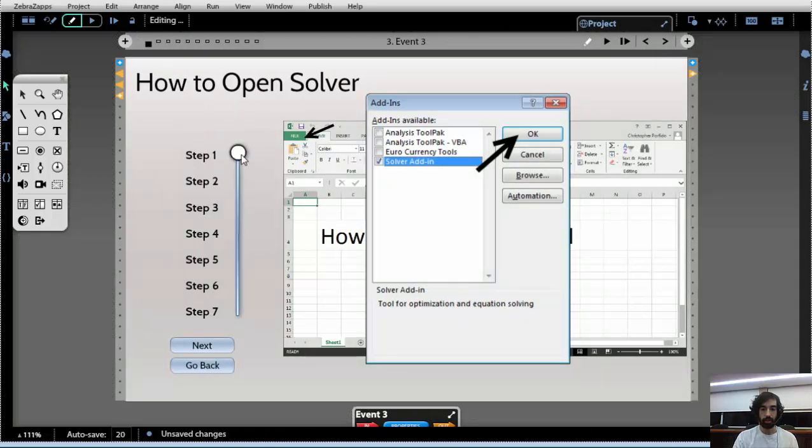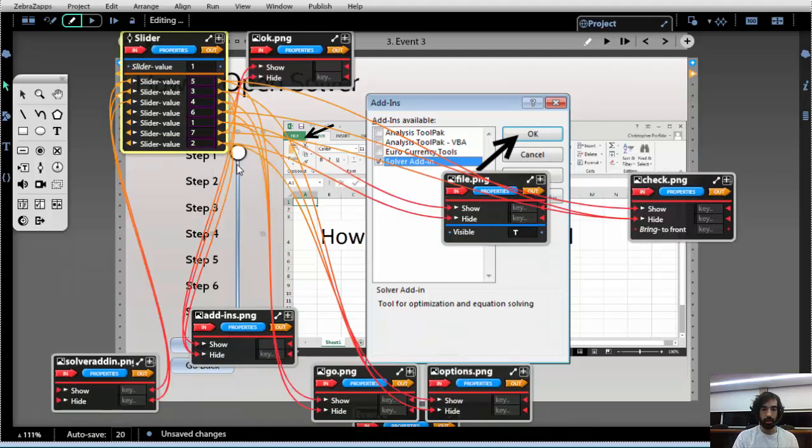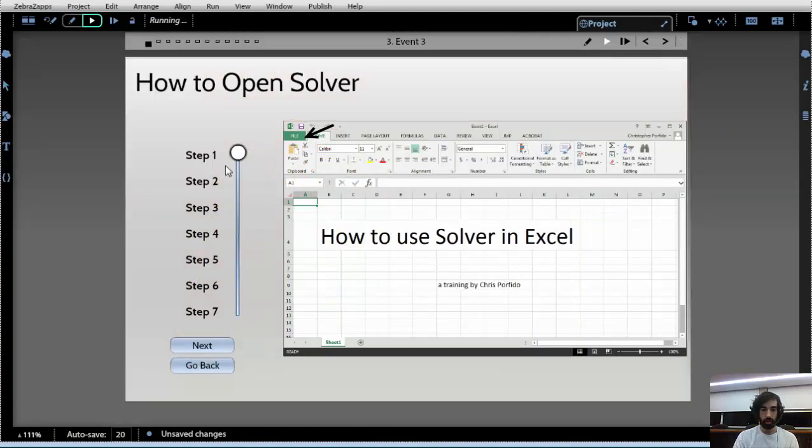On this next slide I have a slider. This is a little more complicated, but basically the slider can go up and down to each of these steps. Once the slider is on value 1, it shows the first step. Once it's on value 2, it hides the first step and shows the second step. An example of this would be